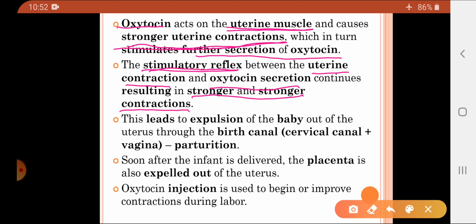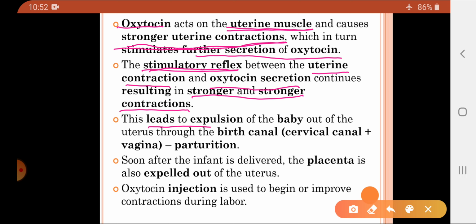Stronger uterine contractions result in the secretion of more oxytocin. More oxytocin means more contractions. So, this stimulatory effect between the uterine contractions and oxytocin secretion brings more and more stronger contractions within the uterus,